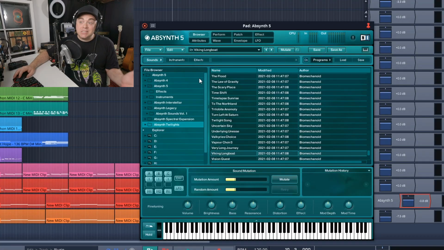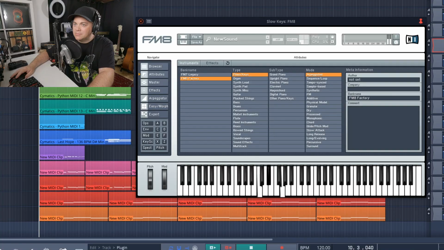And I remember using the original Absynth a long time ago when I was doing some music for some little indie films. And this thing was inspirational. It kind of started some ideas for me. It's really cool, some of the sounds that you can find in here, and it's great that it's part of this bundle. Now let's check out the next instrument in the Native Instruments Classics Collection. This one is FM8.